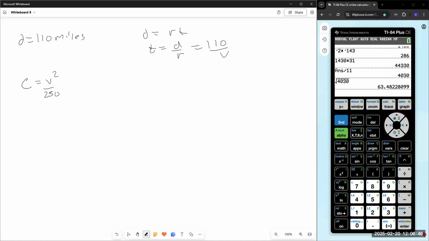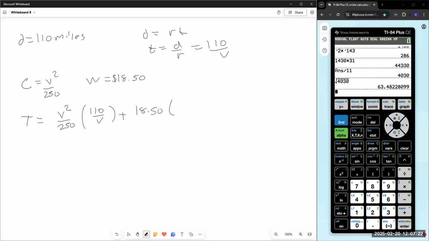And our W is going to be equal to 18.50 per hour. We're assuming there's no other costs other than wages and fuel. So our total cost is going to be V squared over 250 times 110 over V plus